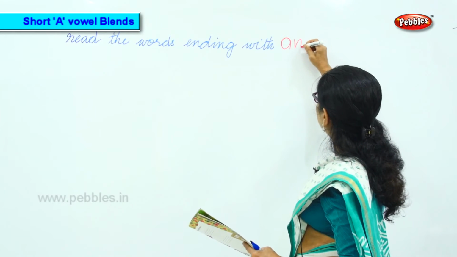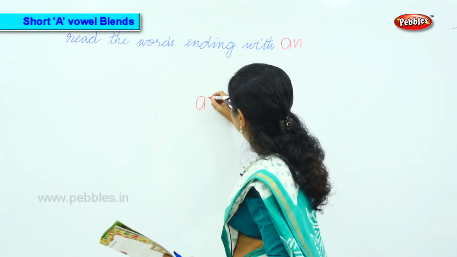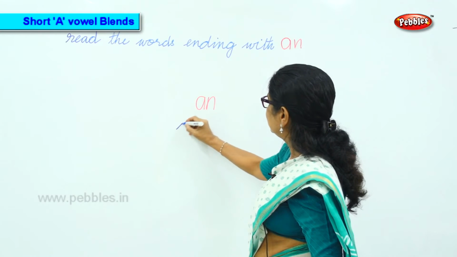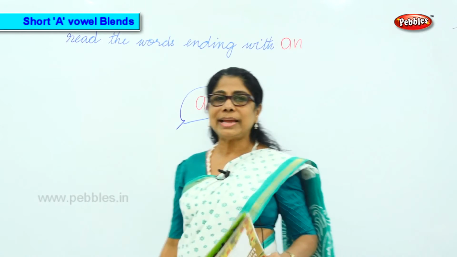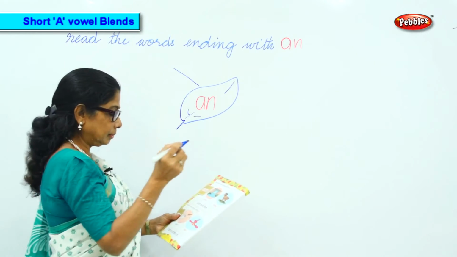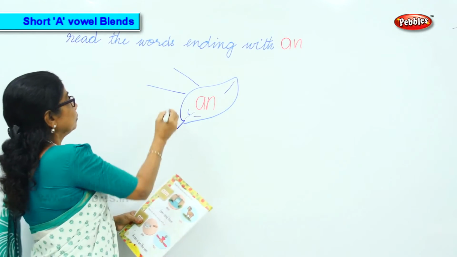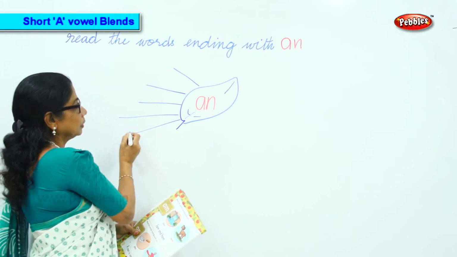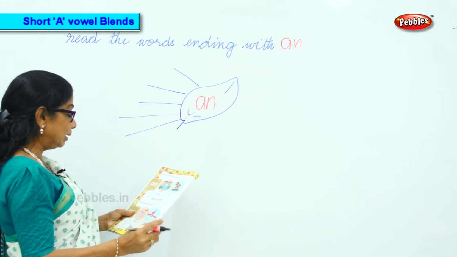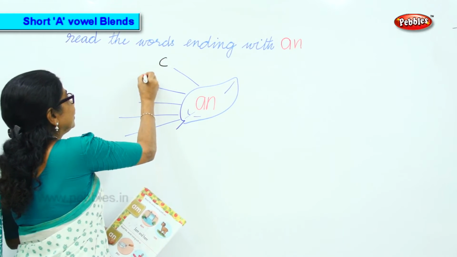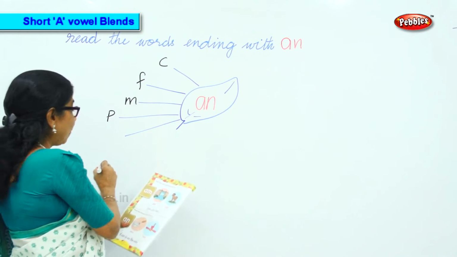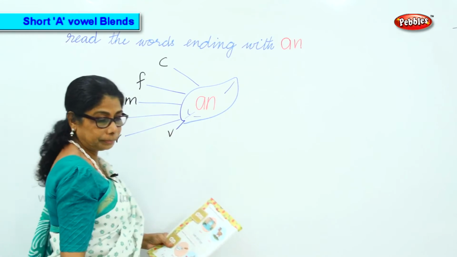A, N, an. So we are going to do an words. Okay? The words that end with an. Okay, fine. Here we have. Let's find some an. We will begin with C, then you have F, you have M, you have P, R and V. Let's make the word